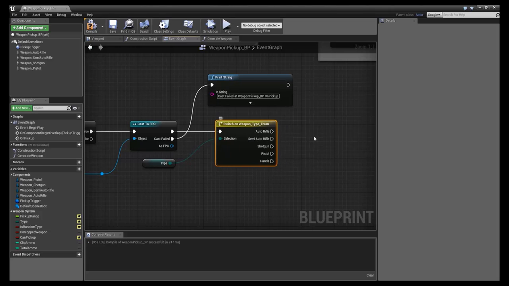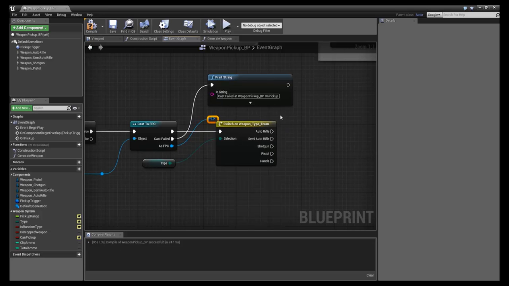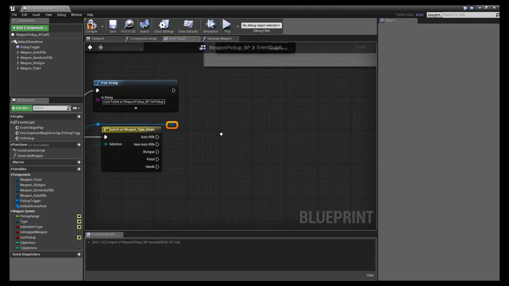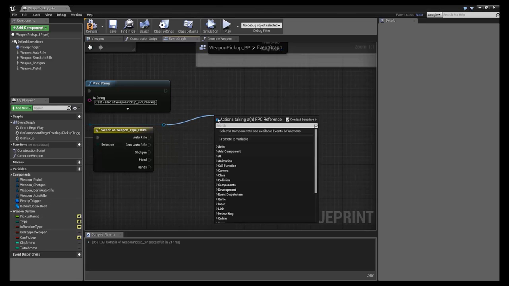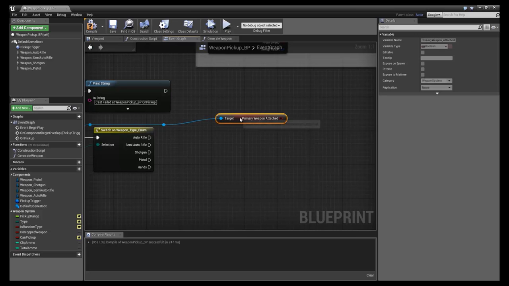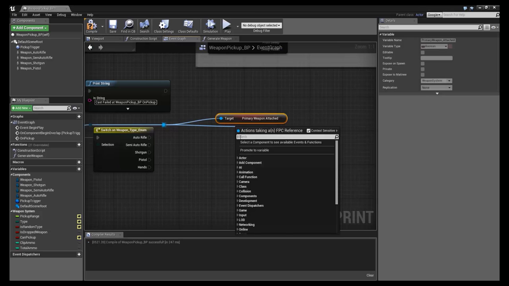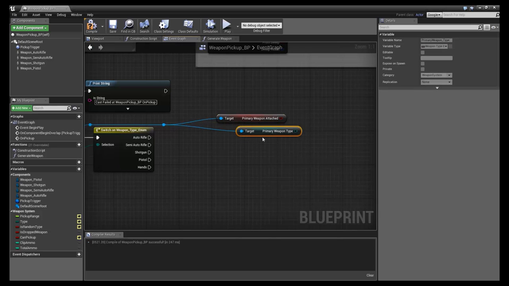Just bring this over a little bit. Then we're going to use a reroute node. We're going to use one more. Go ahead and do that. And then we need to cast to the FPC and get primary weapon attached for the auto rifle. And then we also need to get primary weapon type. Okay. So once we've got those,